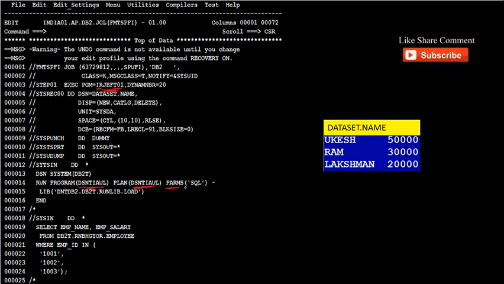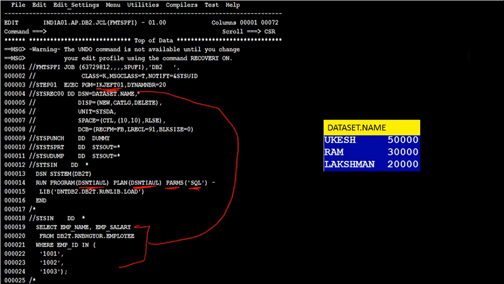And we have given PARMS SQL, which means it will fetch all the data according to our SQL statement, and the data of this SQL statement will come under this DD statement.